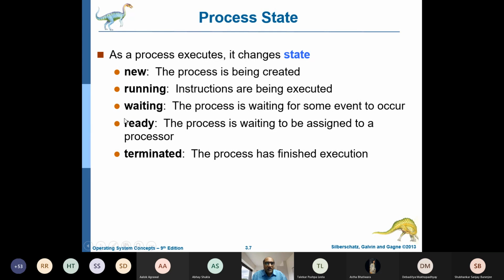And there is another state, which is not a ready state. It means here the process is waiting for its execution, like waiting to be assigned to the processor. That means the process is in the new state. The process is created, and afterwards